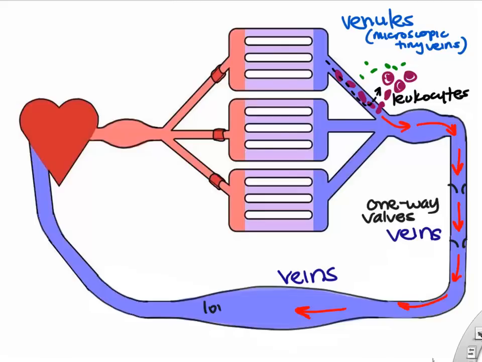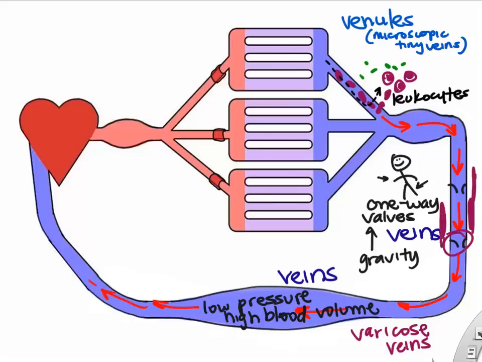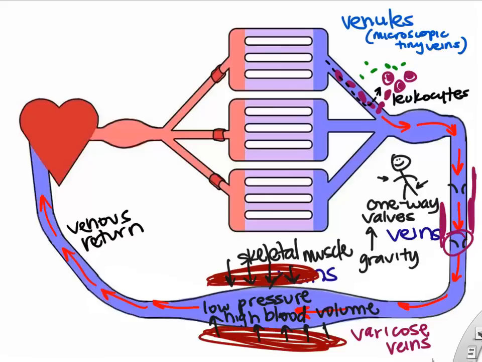We have one-way valves in our veins, especially the veins in our limbs. So because the veins are so low pressure, gravity tends to pull on that blood, and so the one-way valves in your arms and legs help bring that blood flow back towards your heart against gravity. Varicose veins are when some of those valves stop working and the blood tends to pool in your veins, and the veins will bulge up. So again, the veins are all about venous return. One thing that helps venous return is contracting your skeletal muscle. So when you walk around or exercise, the skeletal muscle pushes on the veins and helps in venous return by